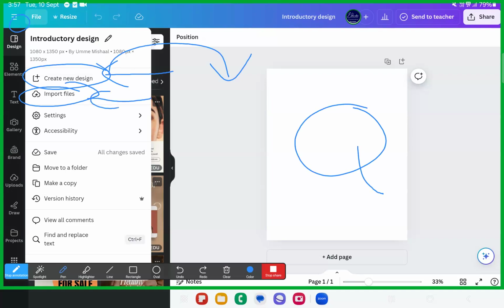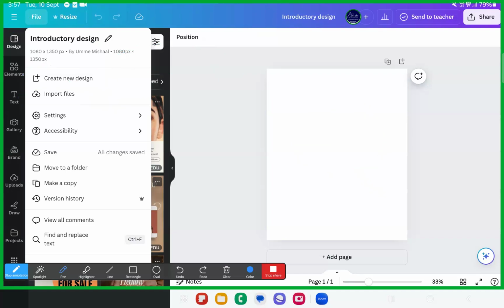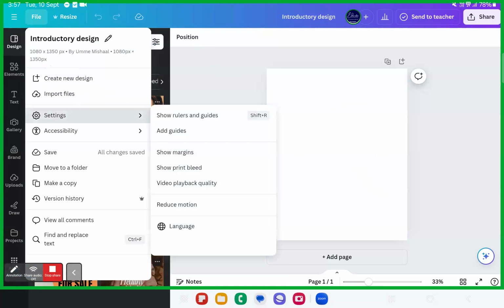Don't worry about this. We'll be learning this in different ways, inshallah. Then there's something called settings over here, dear sisters and brothers. I just want you all to click this settings button. As a beginner, dear sisters and brothers, if you are a beginner,